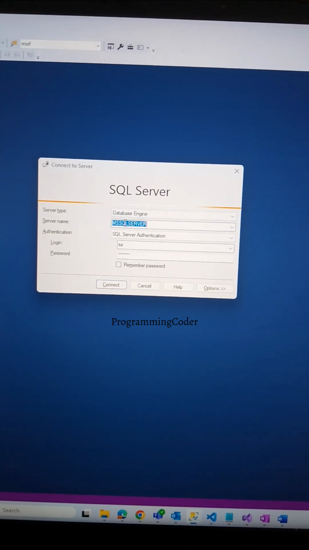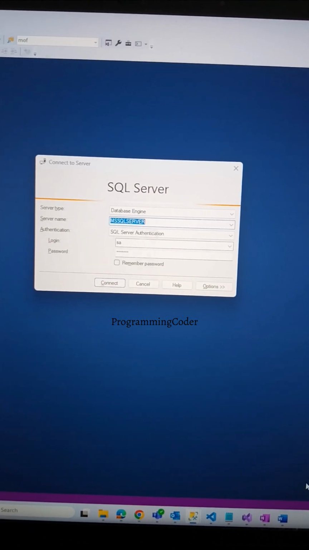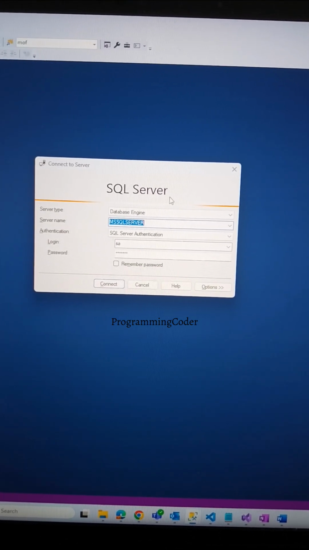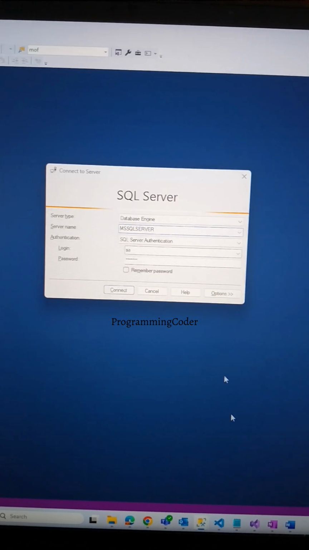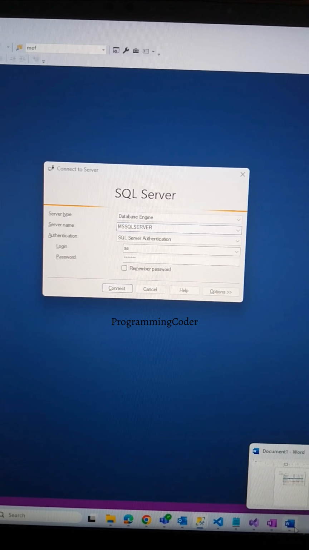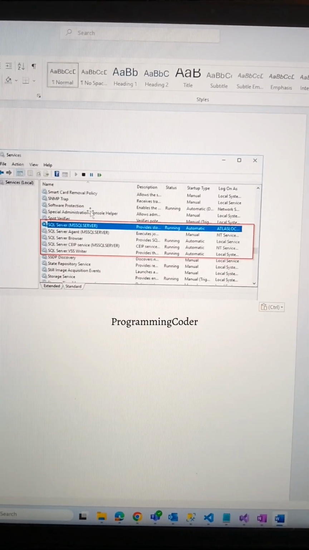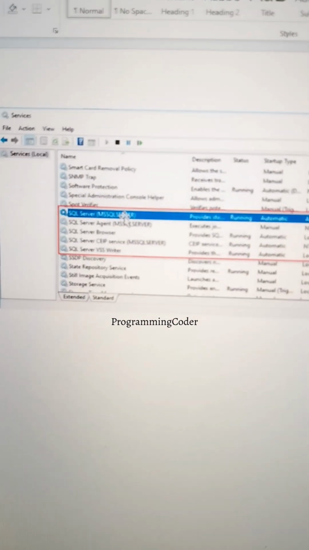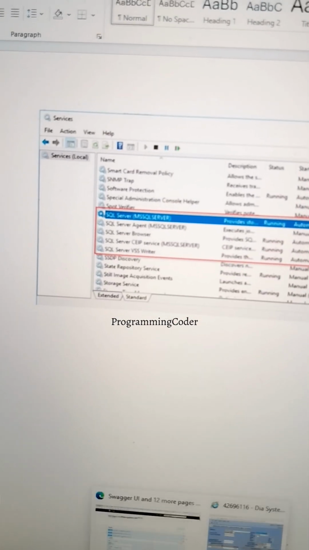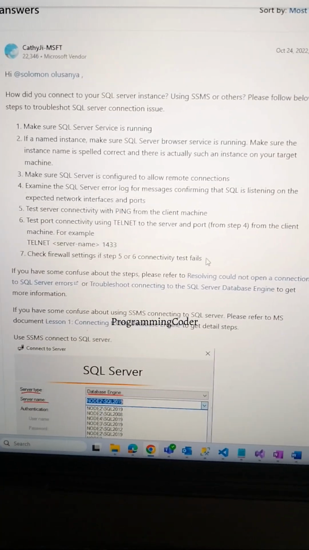We need to give a server name, the exact name which is running in the services. I will give one Microsoft, right? This is the configuration we need to check before you get the issue.